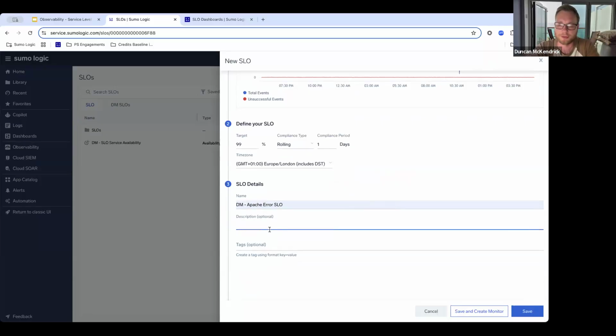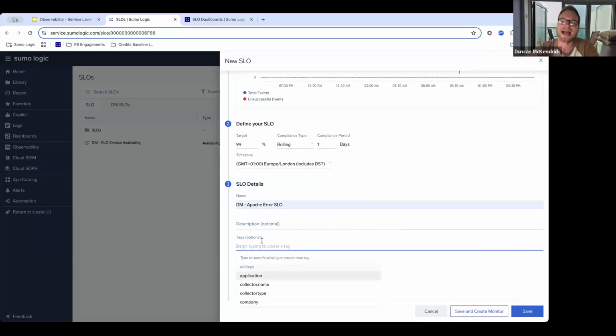We can give it an optional description, and we can give it tags. Tags are quite useful if you want to use some of the more advanced features around SLOs, in the sense that you can tag them with useful information that you can use to bring back only relevant service level objectives in particular searches that you want to do. If you're going to be dashboarding them or building monitors out the back of them, that might be relevant to you. So for this one, I'm actually going to say service equals Apache,